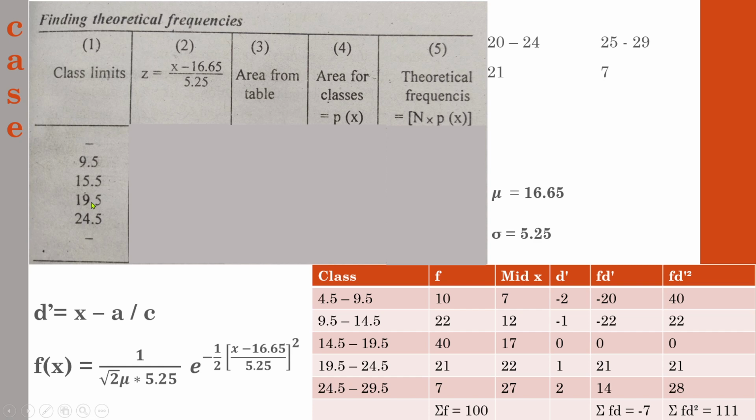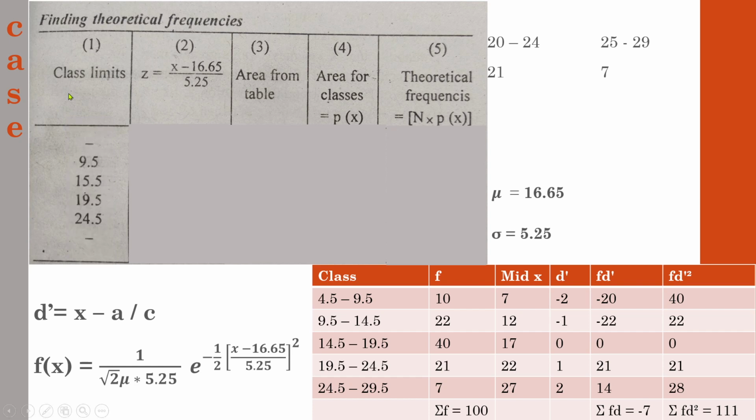So I hope you understand the concept. Write down the smallest number at the beginning and the largest number at the end. You may think that there will be a difference in the counts, but don't worry about it, because we are writing down all the lower limits in between, and additionally the smallest number in the series and the largest number in the series at the beginning and at the end. Actually, for the computation, the smallest number and the largest number don't matter. It doesn't affect your computation.